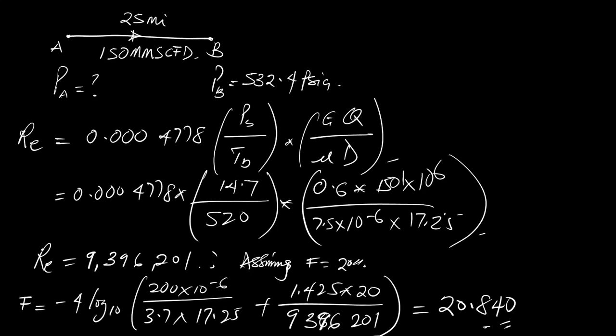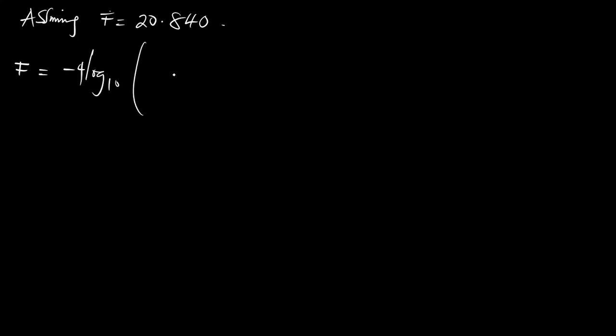Now assuming that value, assume f to be equal to 20.840. Now we have f to be equal to minus 4 log to base 10 bracket open 200 times 10